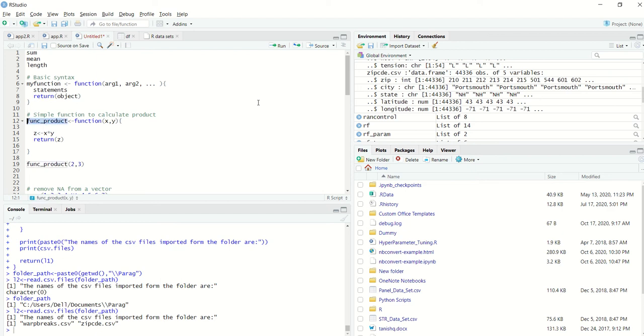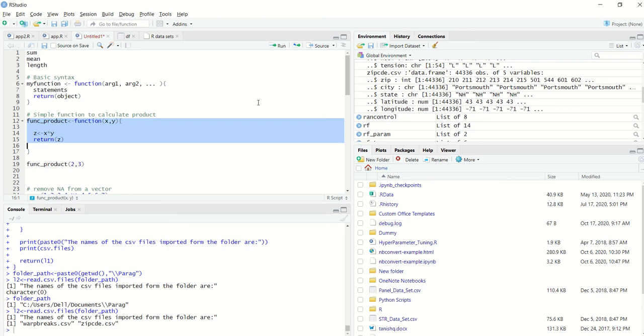So I've given a function name which is func of product. You can give any valid function name, and since I'm calculating the product of two numbers, it is going to take two values or two variables as arguments. I have given x and y. You can give a and b, a1, a2, and so on, anything of your liking. Once I declare these arguments, I have to mention what exactly I'm going to do with them. Here I'm going to multiply them, assign the result to z, and then return z.